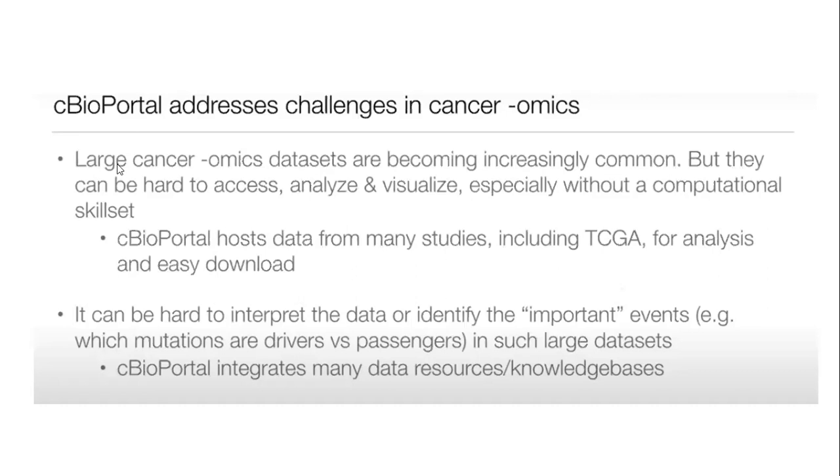As the data sets themselves are large, large cancer omics data sets are becoming increasingly common. People are using these common omics data sets to study their particular target of interest with respect to clinical data. It is very hard to access, as we have seen in the TCGA's GDC portal. Some of the data is controlled access, and we have to generate a token for that controlled access data. Only then can we download those data.